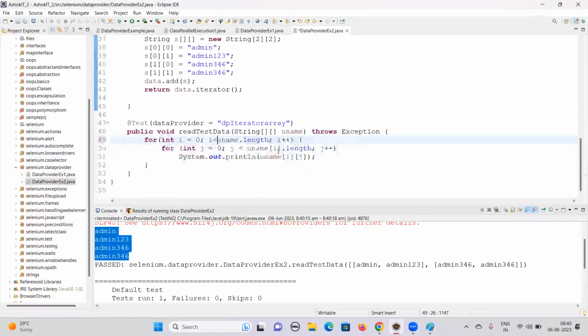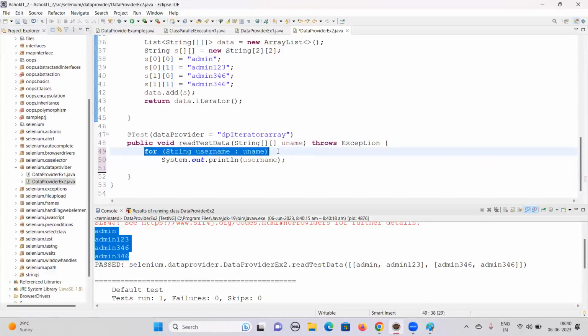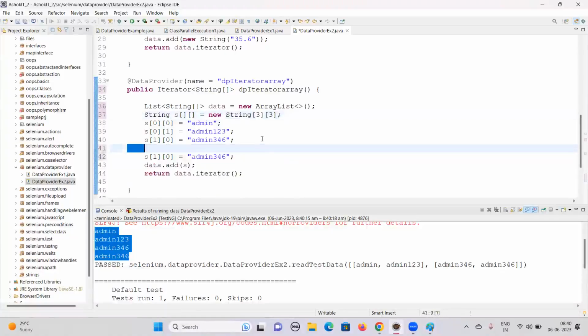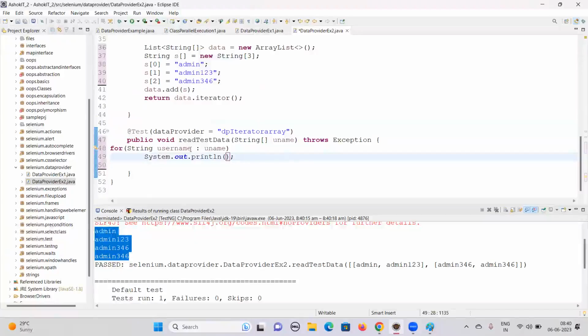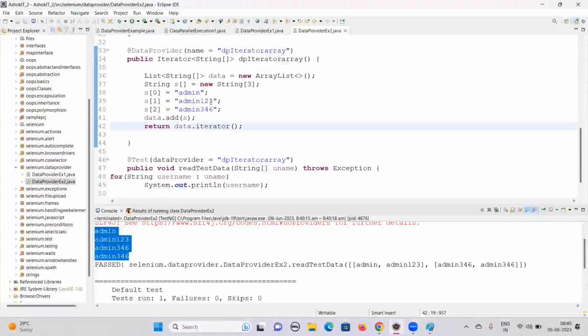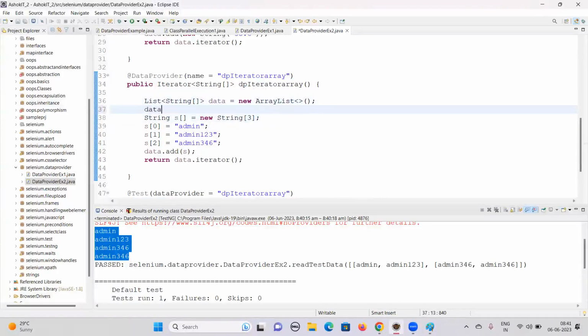I'll keep it simple. I just want to show you how exactly it handles these data provider return types. I'll remove this. Here we are putting the username. Here also, directly, we are trying to add it. So this is another way, and you can use data.add, and if you want to add a new string